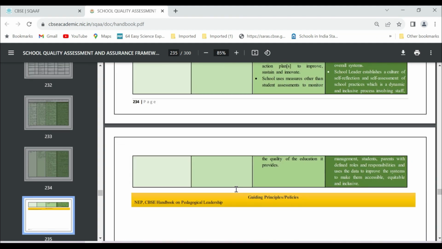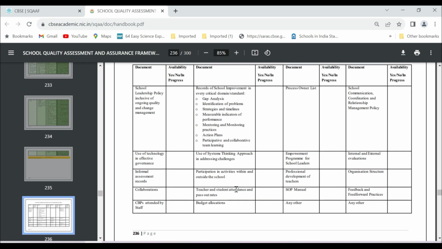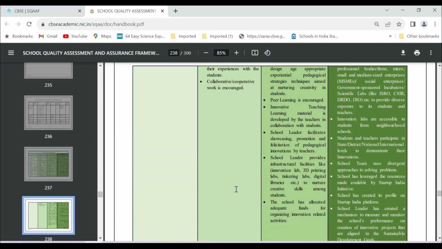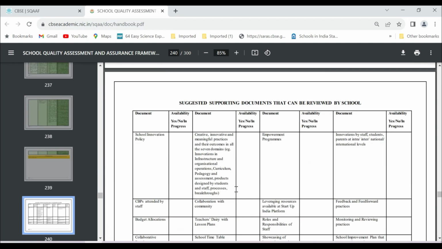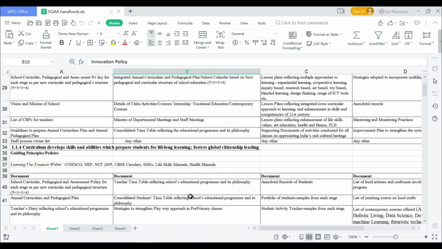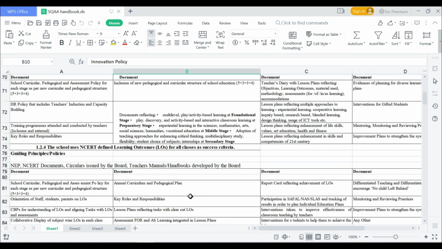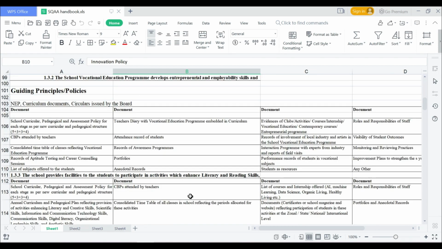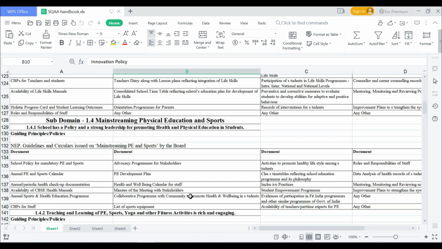I just wanted to find out how many documents a school may have to maintain as per SQAAF's suggestion. To make this process simple, the entire PDF document was converted to Excel format. Suggested documents for each subdomain were consolidated in one sheet. Many documents were repeated in various subdomains in the list.